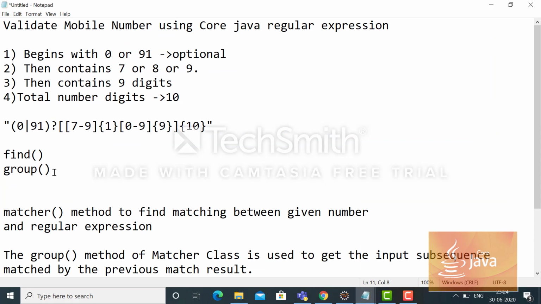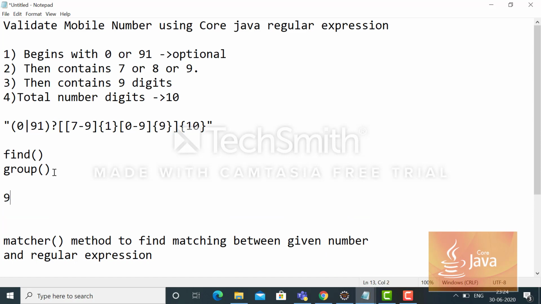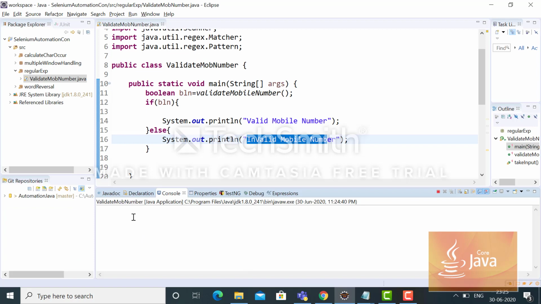So I'm taking 91, then 7, then any 9 digits, 1 2 3 4 5 6 8 9. So the total should be 10. Let me put it as input and let's see what response comes.